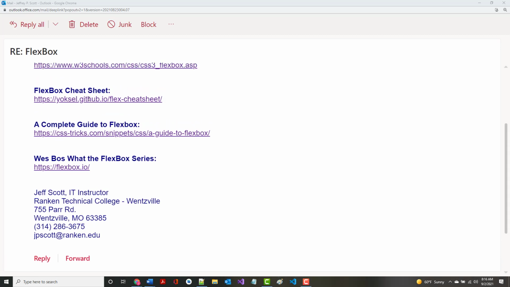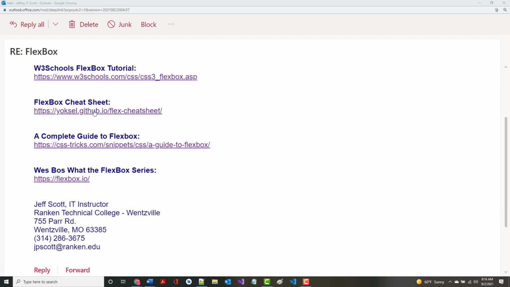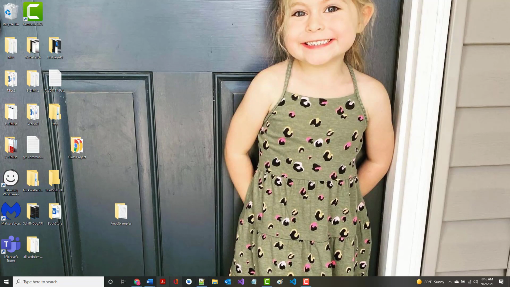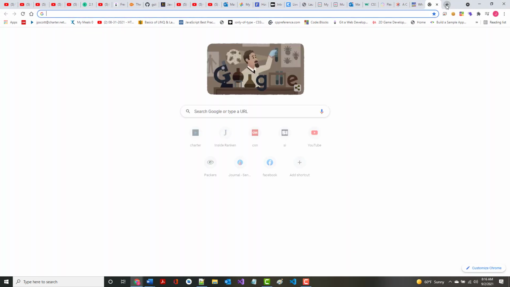So again, we are about to go in and look at this Flexbox tutorial from W3 Schools. Look at the cheat sheet as you have time. Same with the complete guide to Flexbox. But what I'd like all of you to do, please, is to right now go out to